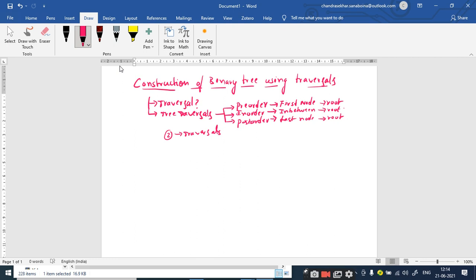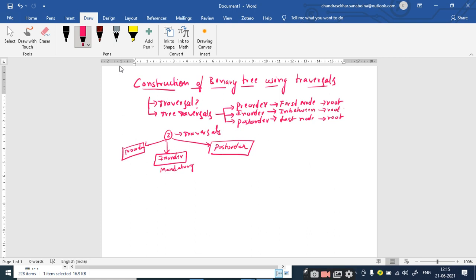And remember that out of these minimum 2 traversals, one particular traversal is mandatory. That means in-order is mandatory. And the other traversal can be either the pre-order or it can be the post-order also, right?